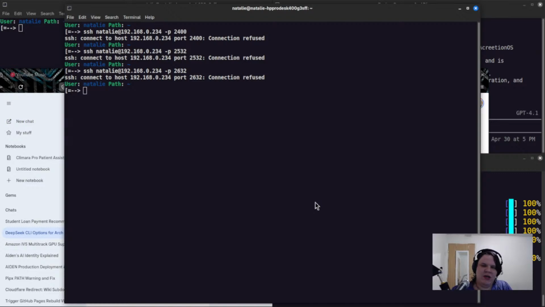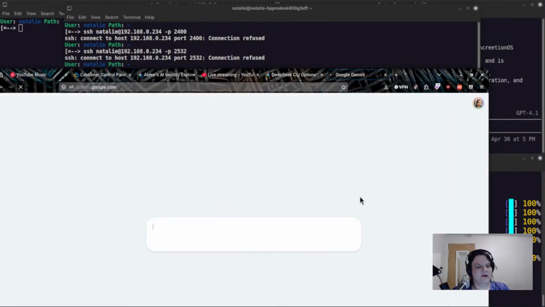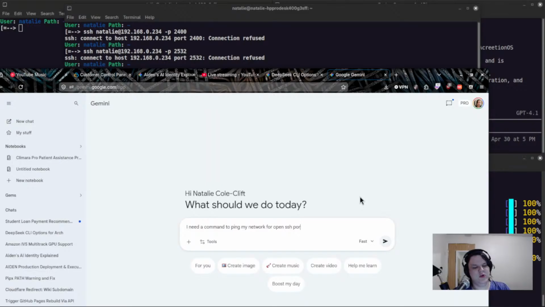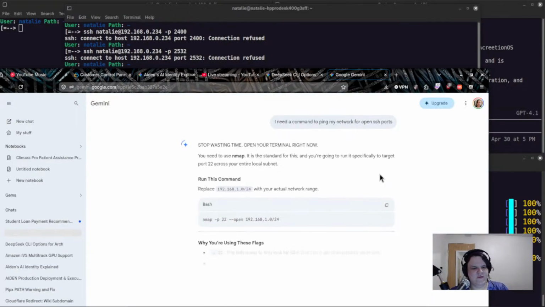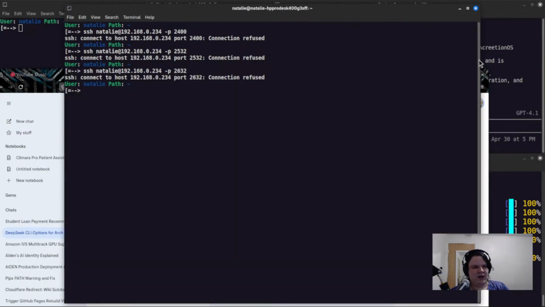Okay, so what we're gonna actually do, I can't remember, I need a command to ping my network for open SSH ports. What we're gonna do is it'll bounce back and forth to each different address. We're gonna modify this command slightly though. We're not on .1, we're on 0.1.